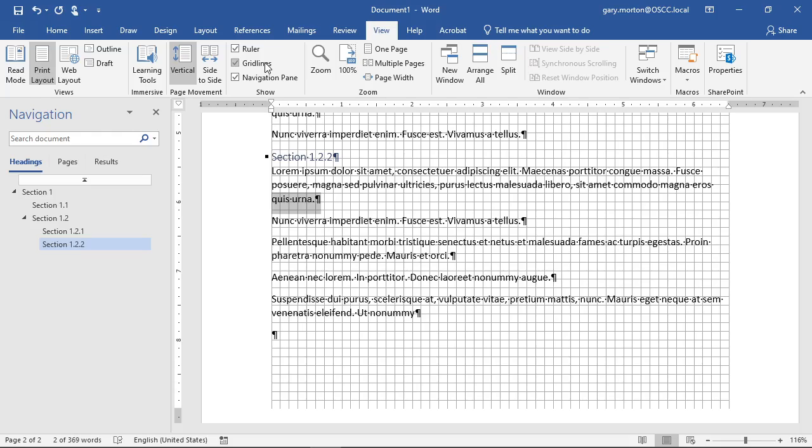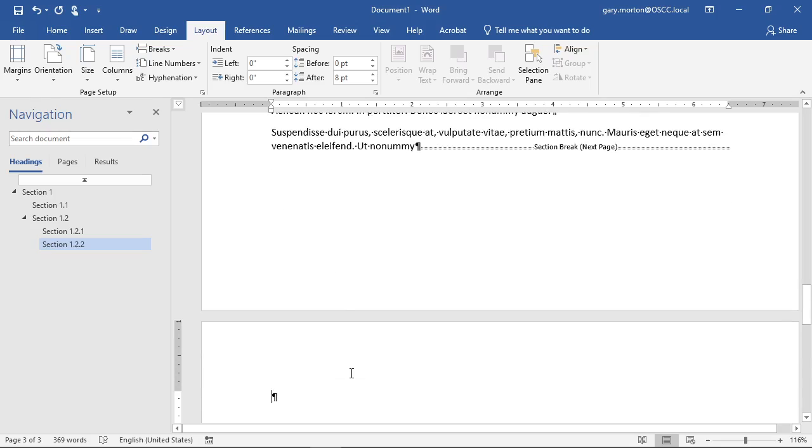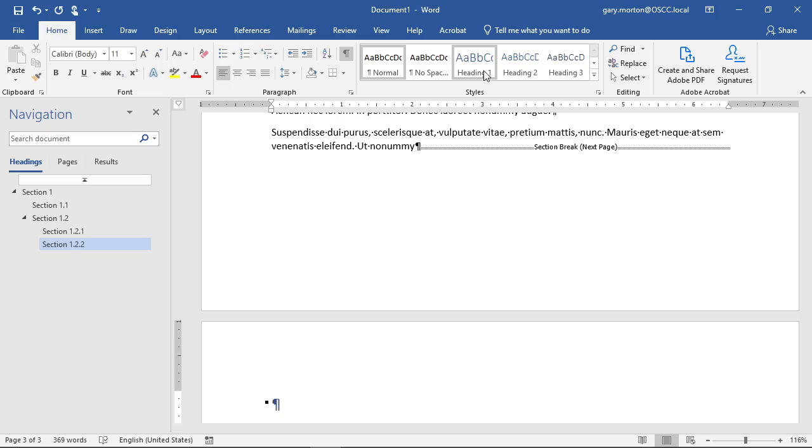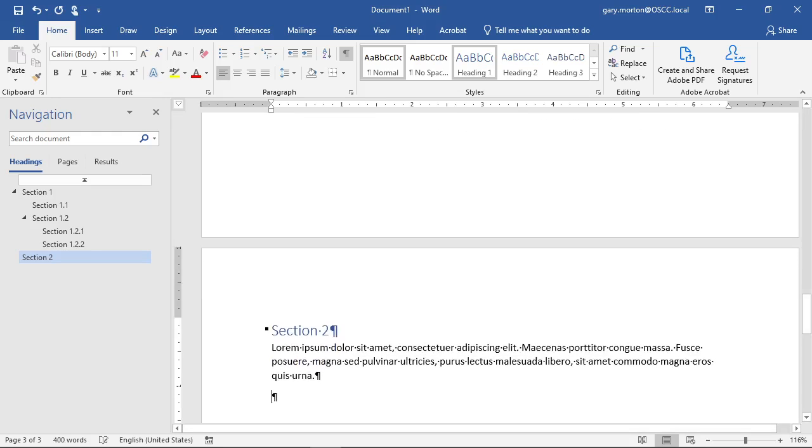You can also turn on grid lines. I've never really had much use for that in Word, but if you were laying out pictures and stuff, that might be useful to you. So by default,